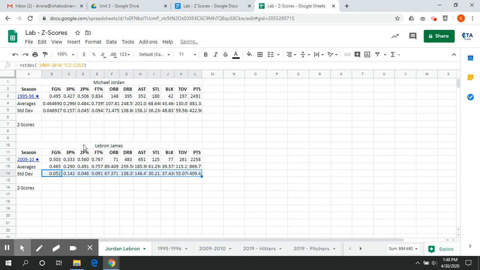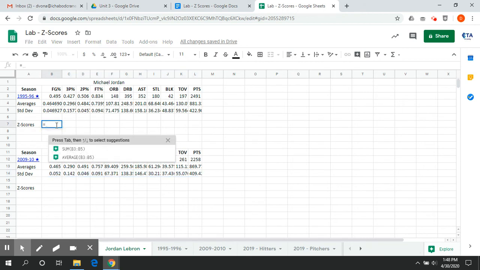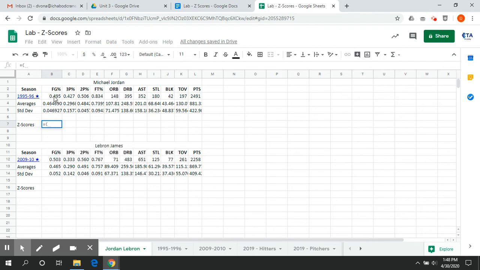And now we can actually calculate our z-scores here. So what we're going to do, we'll go equals, and then left parenthesis, the player's stat, that's our observation, minus the mean, close the parentheses, divide by the standard deviation. Okay, that's going to give us our z-scores, and then I'm going to drag it across, and I'm going to stop right here